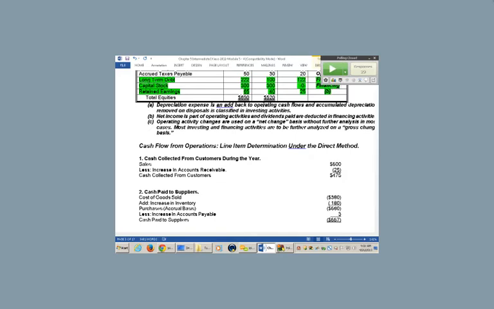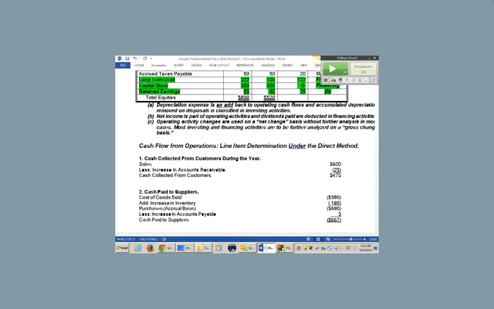And if you're doing this on an exam, or if you're trying the self-assessment problem, what you should do is not make up a table like the one you see on the monitor. What you should do is simply make a column on the right side of the balance sheet. Right? You get a balance sheet, just make the column, make the changes, and classify it. So increase in receivable is 25. Cash collected from customers is 475.